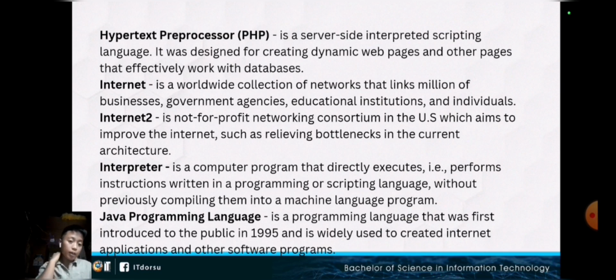It's a programming language that was first introduced to the public in 1995 and is widely used to create internet applications and other software programs. So, based on my research sa ibang mga kaibigan ko, hindi ko alam kung ano ibig sabihin ng Java, pero sabi nila ito daw yung mostly na ginagamit ng mga tao ngayon sa kanilang mga computer para